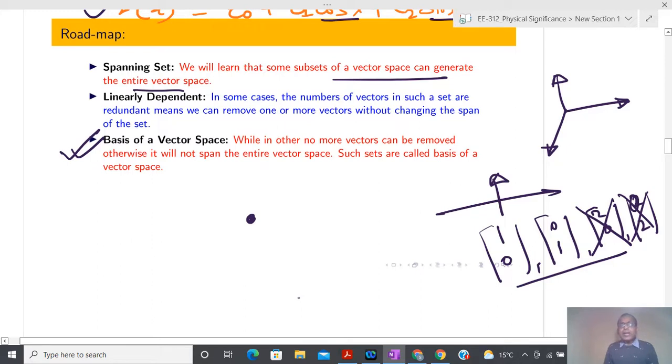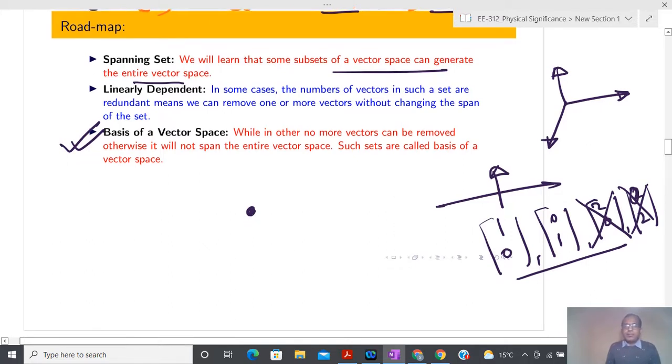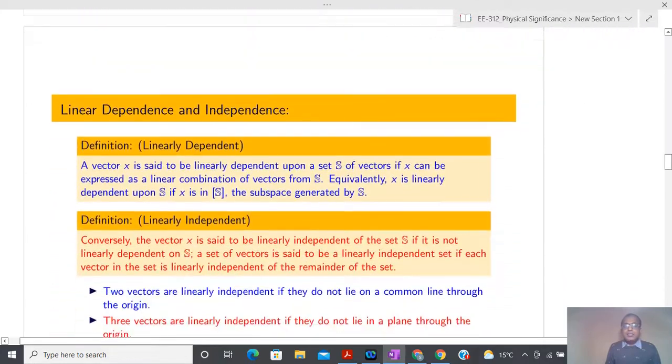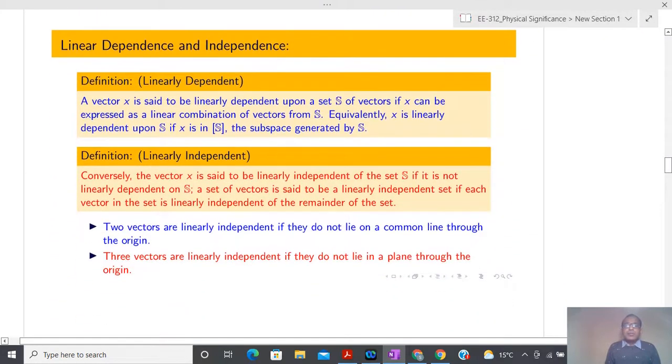I am able to generate a spanning set in different ways. So due to that reason also, if I have some point, I can represent that same point using a different coordinate frame. Okay, so let us see some more definitions. Okay, so definition: